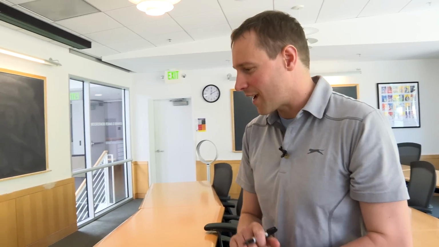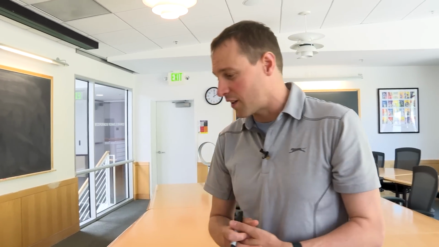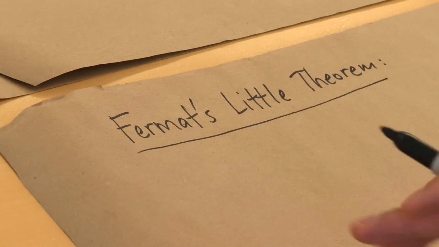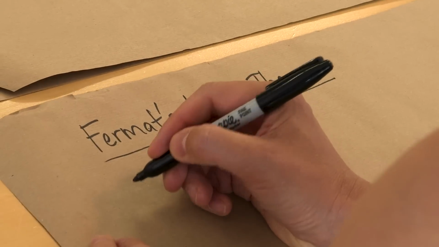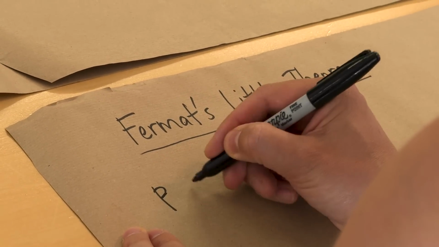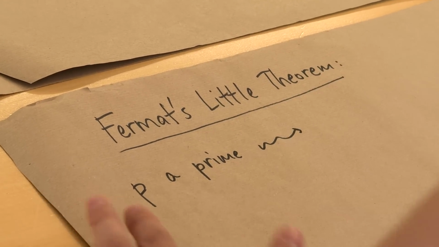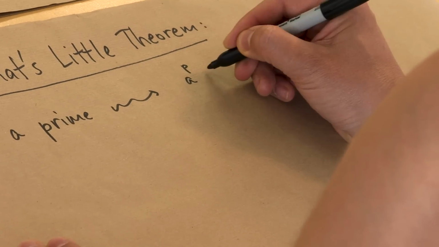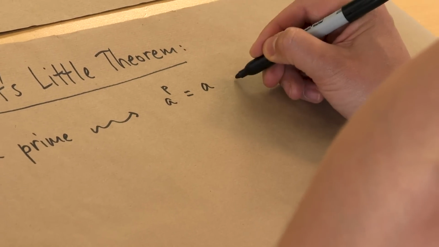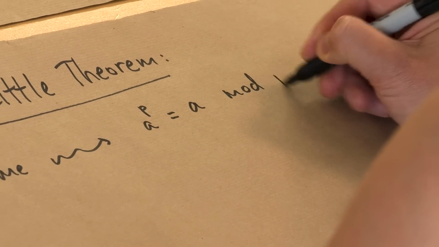In fact, Fermat's little theorem is at the heart of a lot of encryption schemes. It has been used for RSA encryption and other things for a long time. So maybe here's the statement for you. If I take a prime, then the claim is, and maybe I'll use slightly more fancy notation here, a to the p is congruent to a mod p, or another way of saying it,